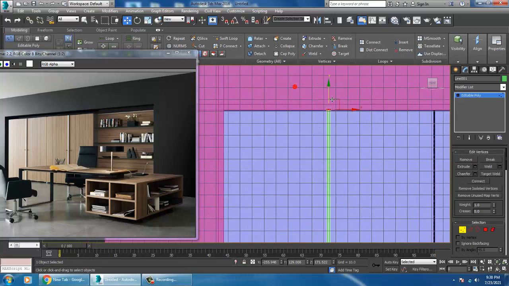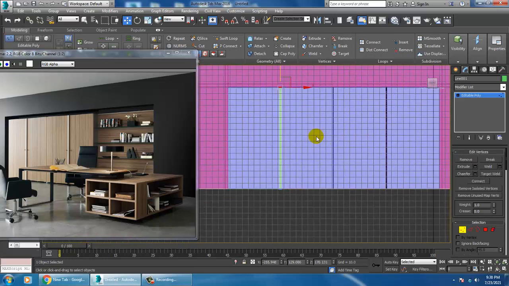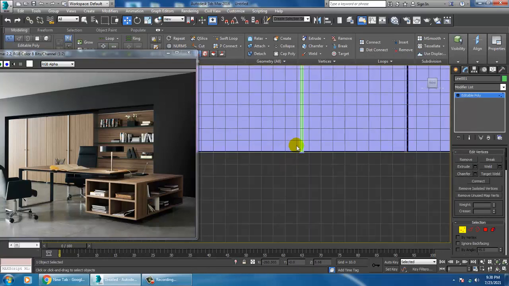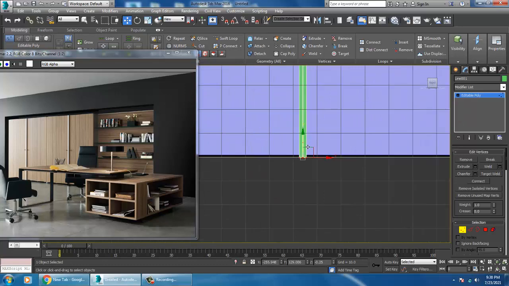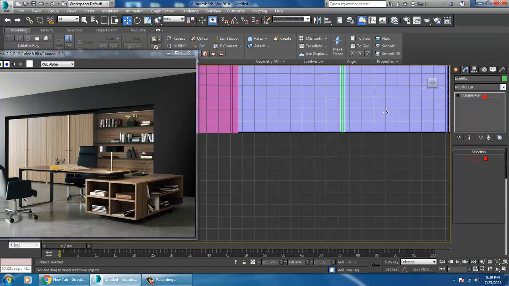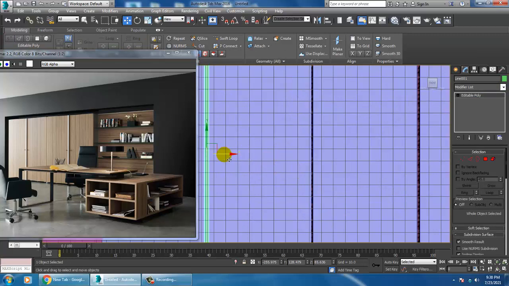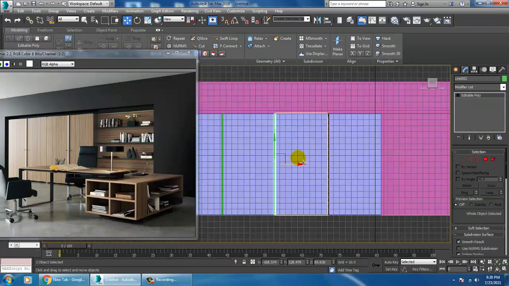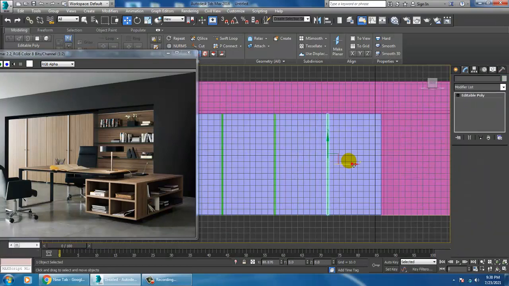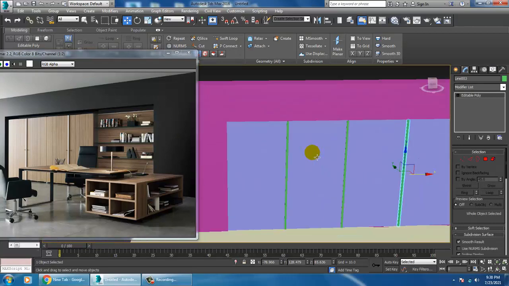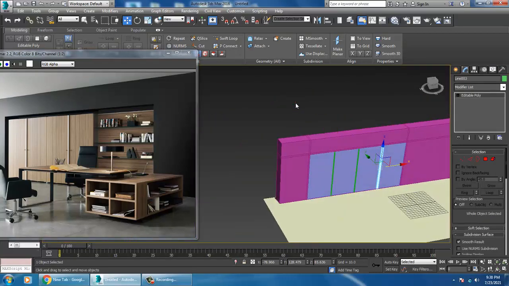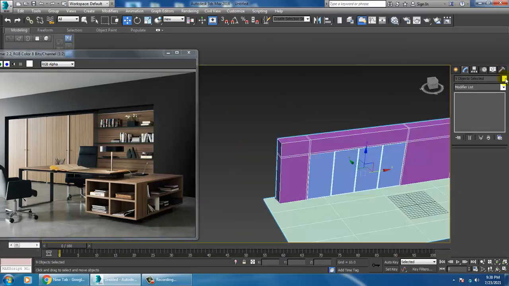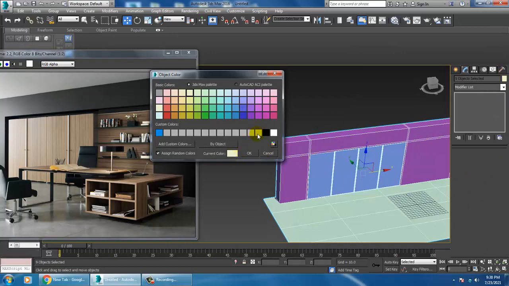Go into the vertices. Press shift and drag it. What I'm doing over here is just duplicating all of this. As you can see, I just duplicated that part and I'll click OK.